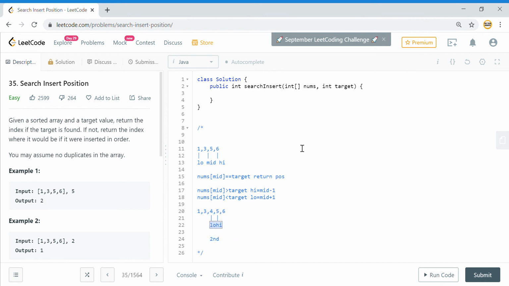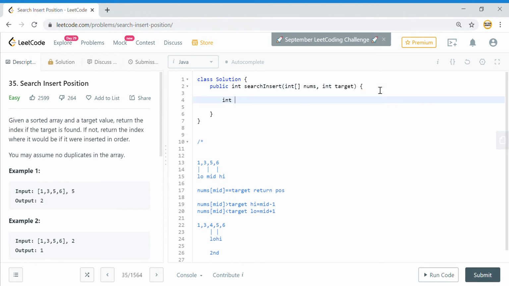So we don't have to do anything additional when solving this problem. I just need to do binary search and return the lower bound of my array. Let us implement. I will say int low equal to 0, int high equals nums dot length minus 1, and int mid equals 0 for now.